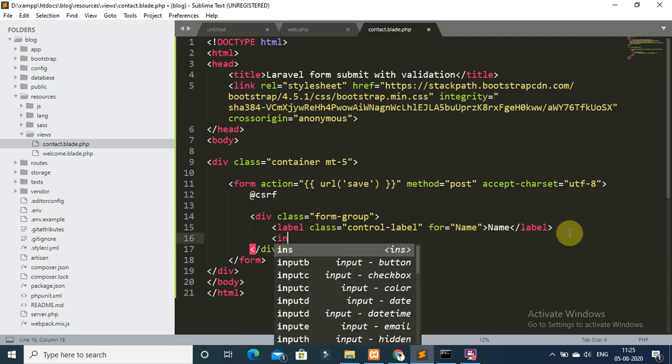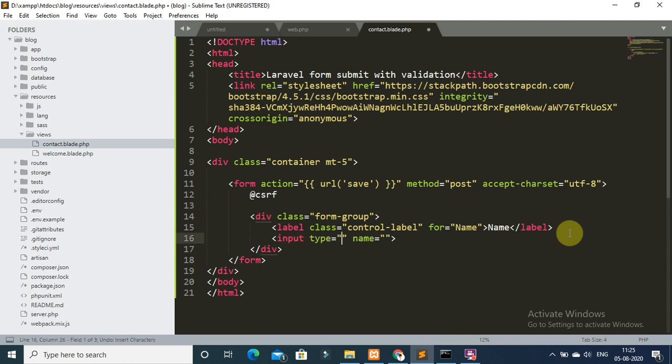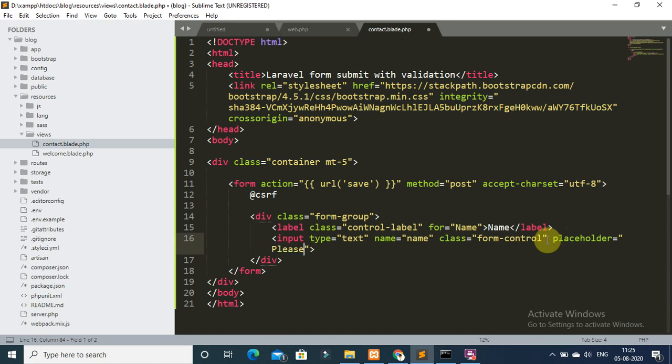So type input, type text, field name, comma, add class form control, and you can also add placeholder, please enter name. Now this one field has been successfully created.